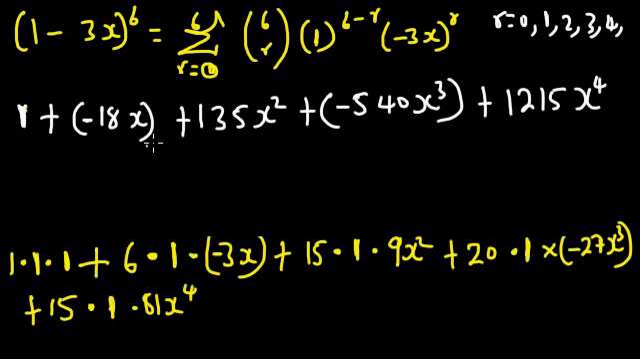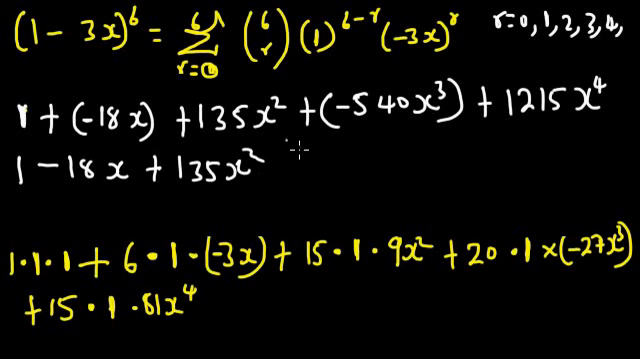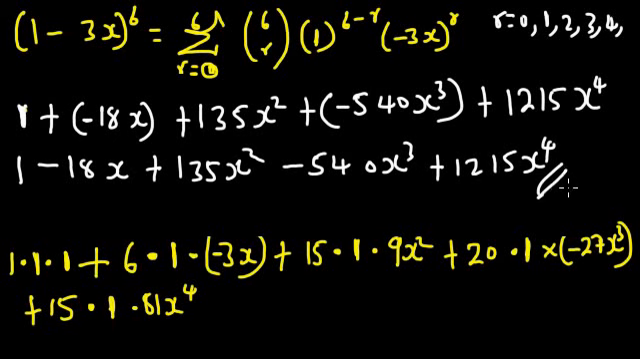Perfect. So now the next thing is just to simplify this one more time to have our least value. Then we have 1, minus 18x plus 135x squared, minus 540x to the power of 3, then plus 1215x to the power of 4. So this is the first 5 terms of this